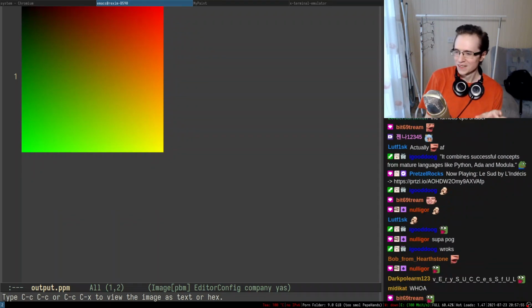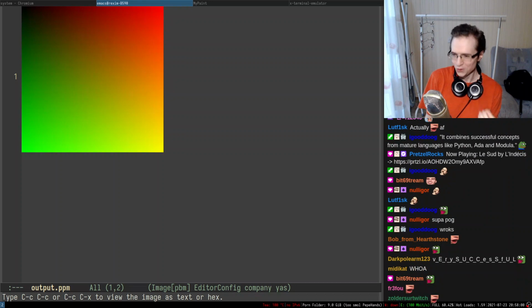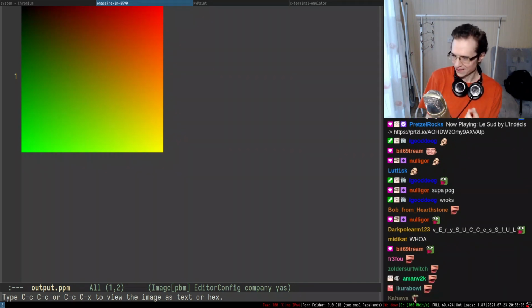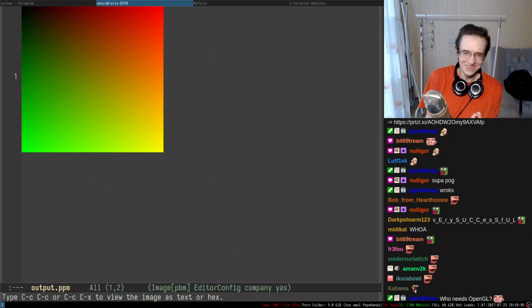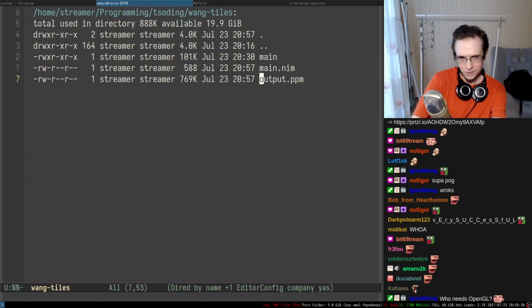Again, people, you don't need GPU and OpenGL to generate a single frame that looks like this. You just don't. The only reason why you need OpenGL is that you want to generate 7,000 of them per second, or maybe more, maybe like 10,000 of them per second. We don't need to generate 10,000 of them per second, right? We just need to generate one once in a blue moon. So yeah, there we go.